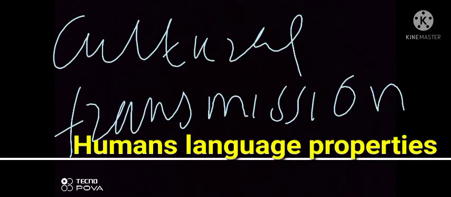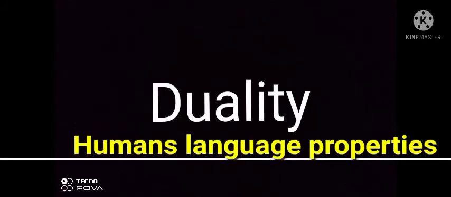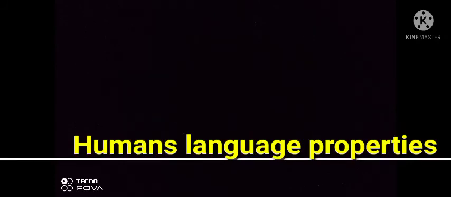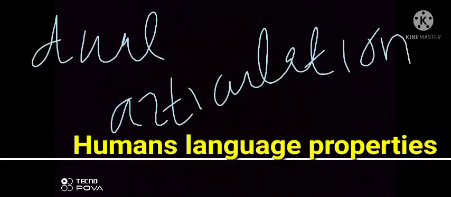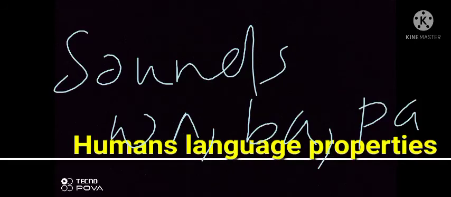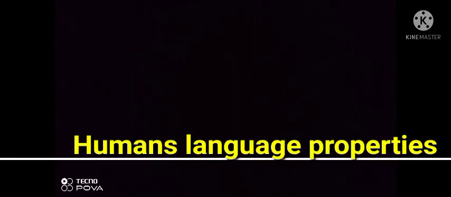Duality. This is the next property. Human language is organized at two levels, or layers, simultaneously. This property is called duality, or dual articulation. In speech production we have a physical level at which we can produce individual sounds like n, b, i. None of these discrete forms has any intrinsic meaning. In a particular combination such as bin, we have another level producing a meaning that is different from the meaning of the combination nib. So at one level we have distinct sounds, and at another we have distinct meanings.